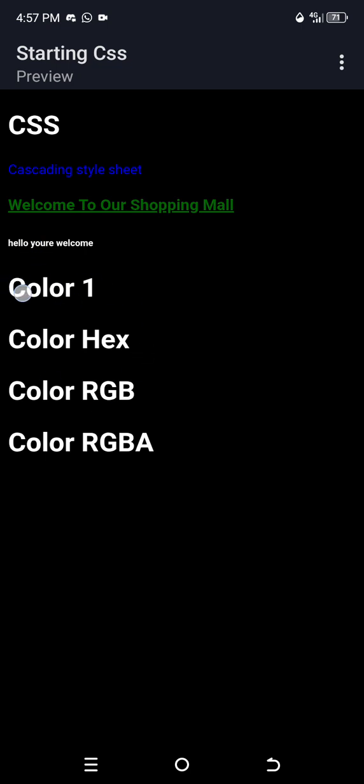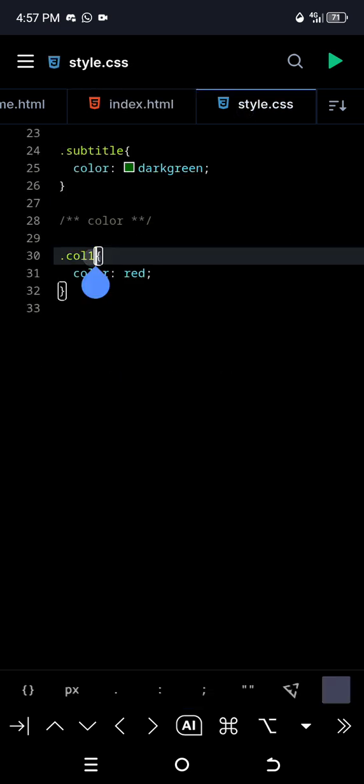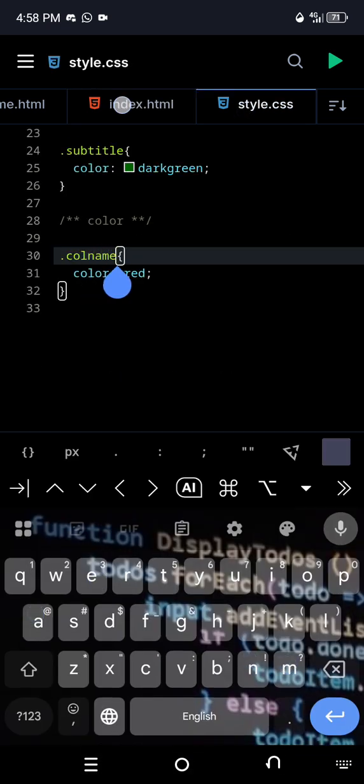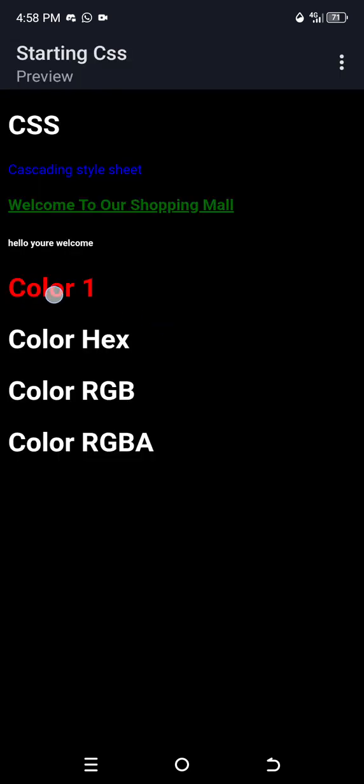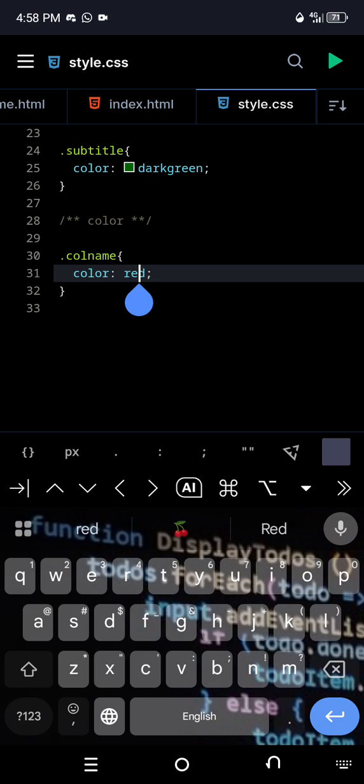So this one does not have the color red again, because the first one we have is color one. So now if we go back to our CSS and change this one to color name, we have it back as color red. So you see this name, you can put any name you want, but